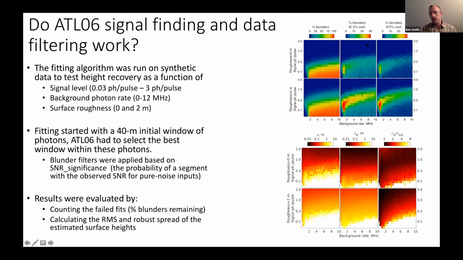If we used a parameter that assumed that we wanted less than 5% blunders, we could get down to less than 5% blunders. If we specified a flag that got us down to 2% blunders, we could get down to the number of blunders we expected. So we were able to use our filtering flags successfully in the simulation to eliminate most of the blunders, but